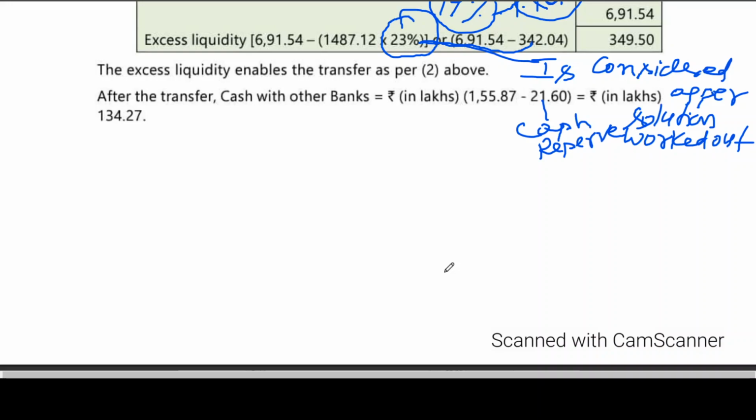Profit or loss on foreign currency position, including pending forward exchange contracts, has been accounted for at the exchange rate prevailing at the close of the year. We are calculating profit or loss on foreign currency position on the closing rate. Closing exchange rate means the rate prevailing at the close of the year. I think you can easily understand this.